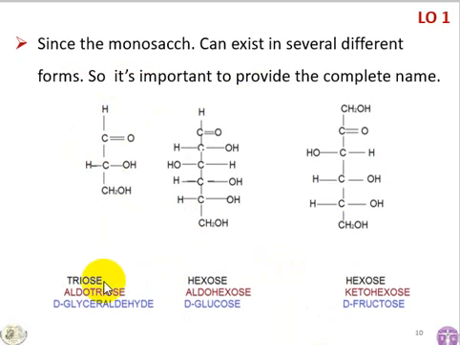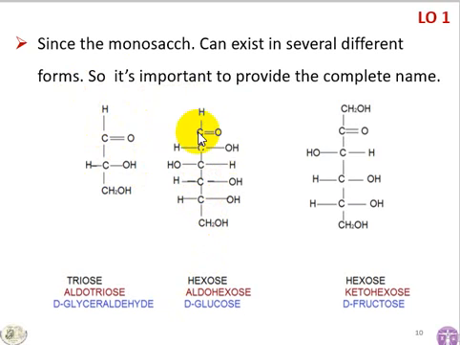So for the example here, glyceraldehyde contains 3 carbon atoms, so it is a triose, and because of the presence of the aldehyde carbonyl group, it is an aldotriose. The other example is glucose containing 6 carbon atoms, so it is a hexose, and because there is an aldehyde group,